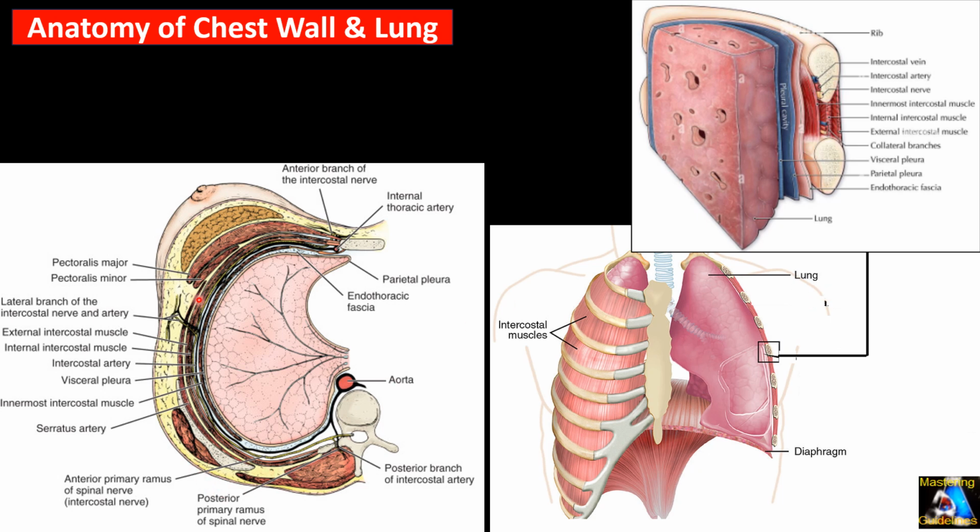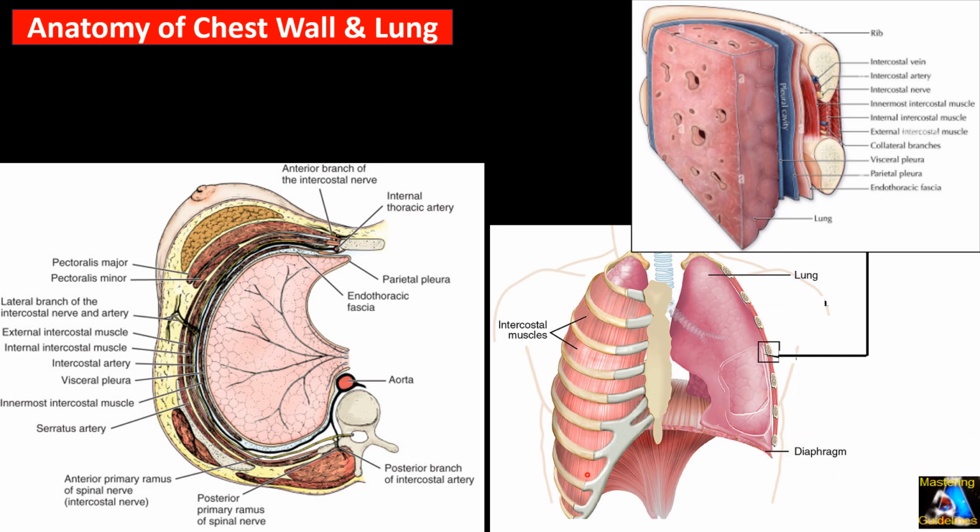As we know, on the chest wall we have first skin, subcutaneous tissue, then the layer of the intercostal muscles, then we have endothoracic fascia, and finally we have pleura. Pleura has two layers, parietal and visceral. Parietal connects to the chest wall, and visceral connects to the parenchyma of the lung. And between them we have the pleural cavity,